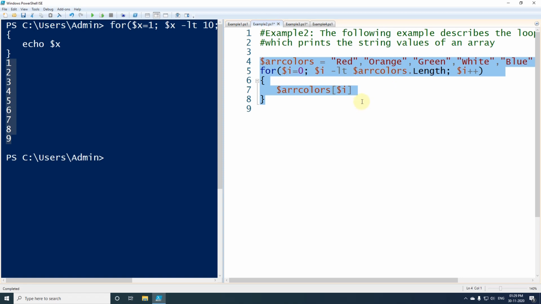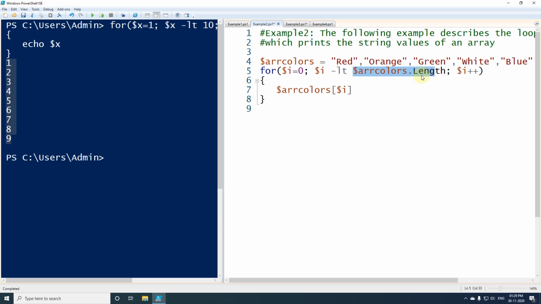In the other example we are also using a for loop only, and here first of all we have created one array with color names, and in the for loop again we have initialized the index of the array, and again we are checking the condition whether the index is less than the length of the array or not.